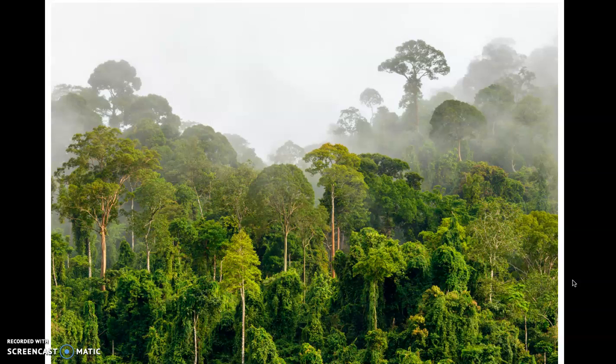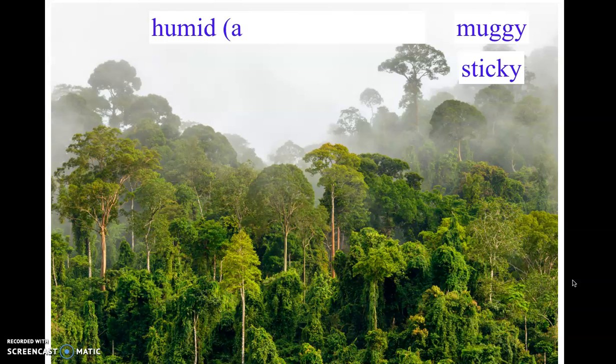What is this? You know what this is? You could say a forest or a woods, right? And that's sort of part of it. But to be more specific, this is a rainforest. And a rainforest has something that we also have in other parts of the world. In Ohio, we have it on different days, right? And I'm going to show you two words, and then I'm going to explain them.